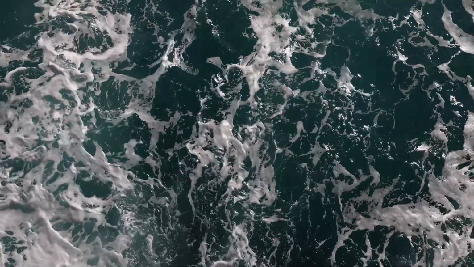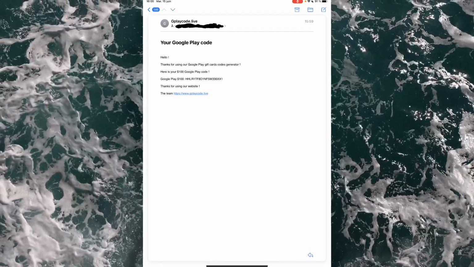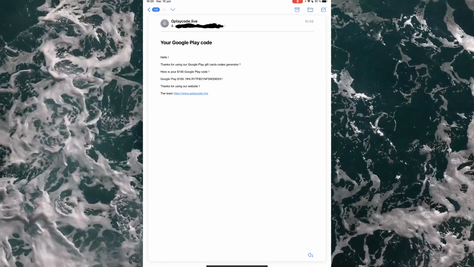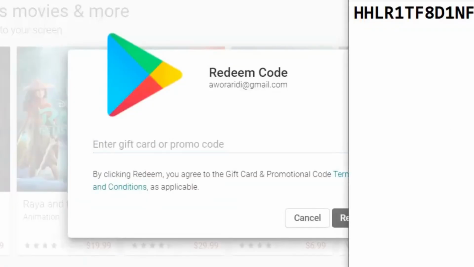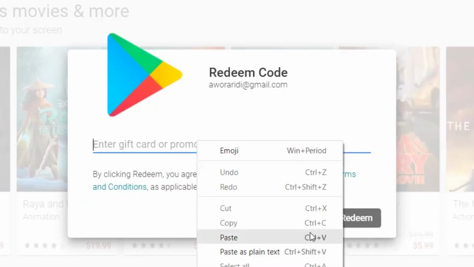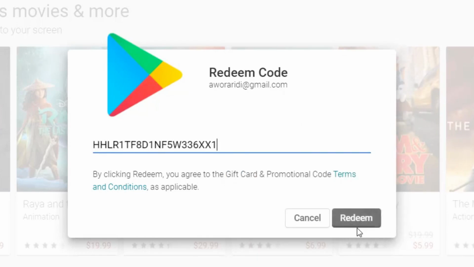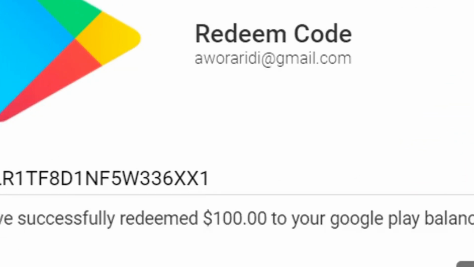Now we're going to look at the email to see if we got our free Google Play code. A few moments later. I did receive my code. Now we will use it on my Google Play account to verify that it works. As you can see, the code worked and I did receive my $100 on my Google